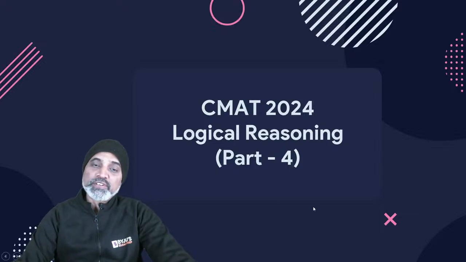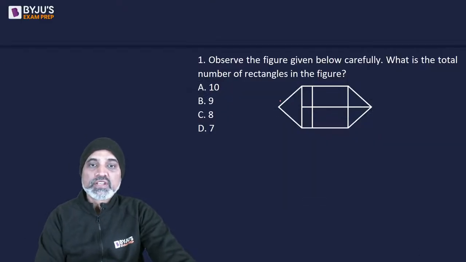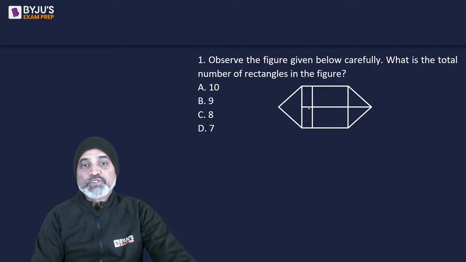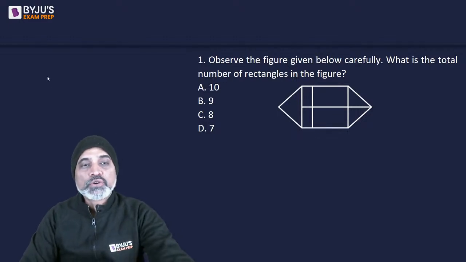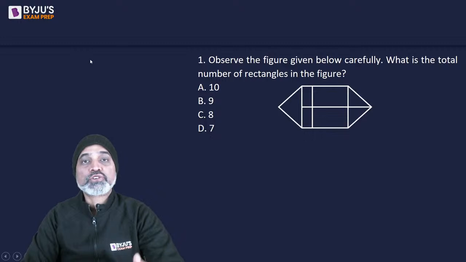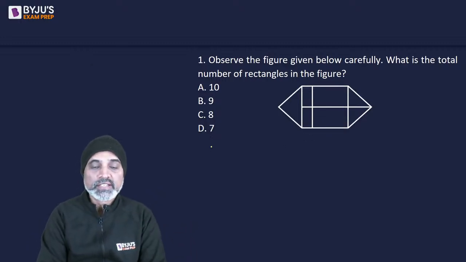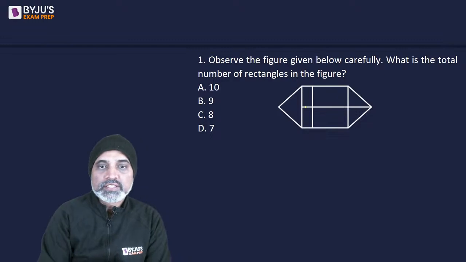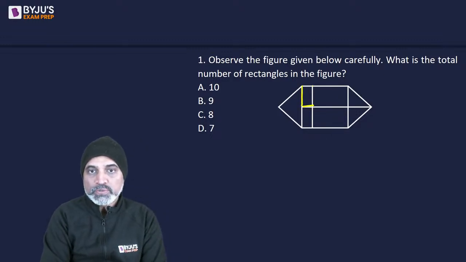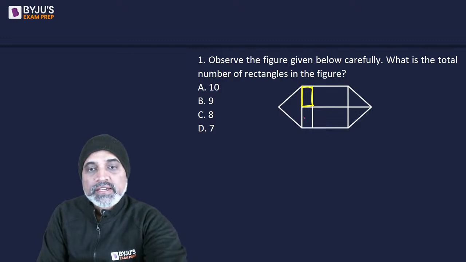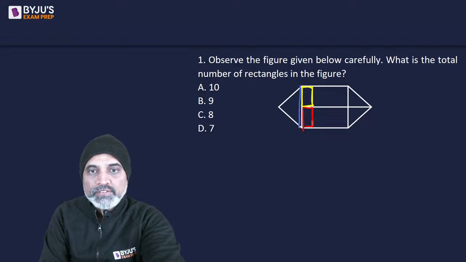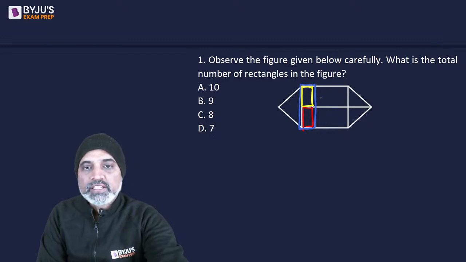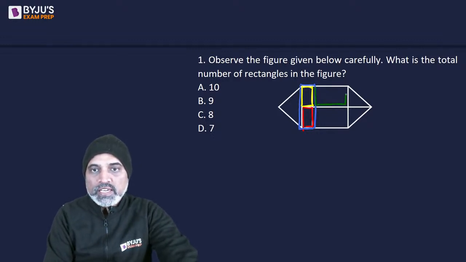Okay, so let's begin with our first question of the day. Observe the figure given below carefully, and what is the total number of rectangles in the figure? This is a question based on counting the number of figures. So what we can do is look at this particular shape. This is one rectangle, then we have this as the second rectangle, and then this as the third rectangle. Next, we have this one as the fourth rectangle,